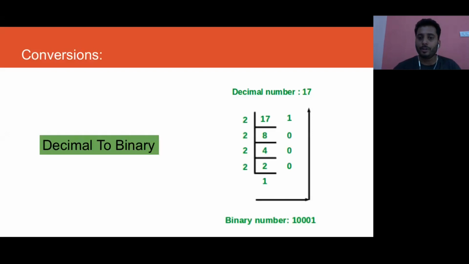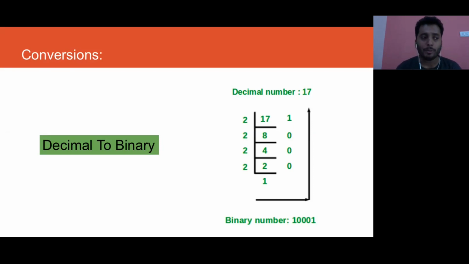Okay, so we will learn how to do some basic conversions. The basic conversion is how to convert a decimal number, 17. We have been given a decimal number. First of all, you must understand that you can represent a number in various number systems. You have the decimal number system, the binary number system, the hexadecimal number system, and the octal number system. So these are the four number systems available in which you can represent your data.